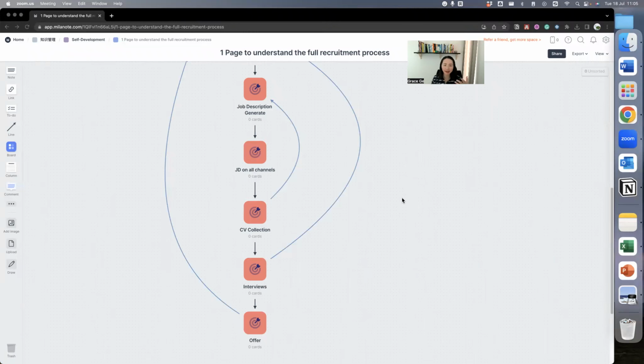try to understand the ideas behind, and also keep in mind that by understanding the ideas behind, how we can integrate that knowledge into our own job application. That's the most important part.